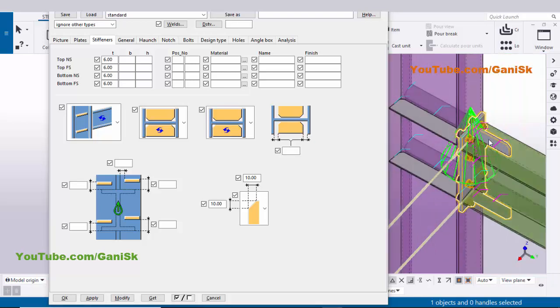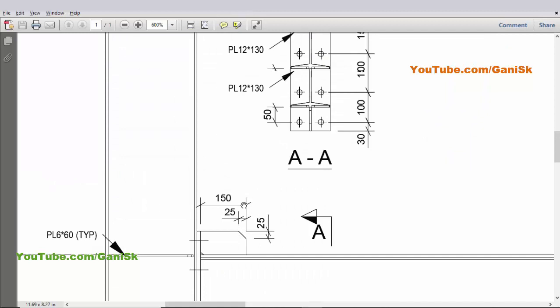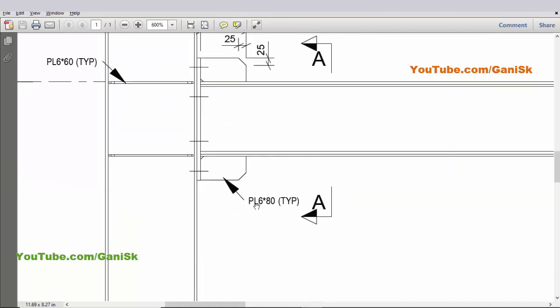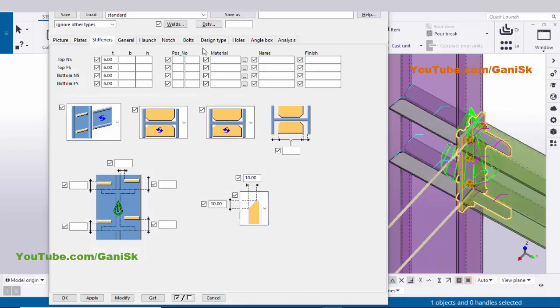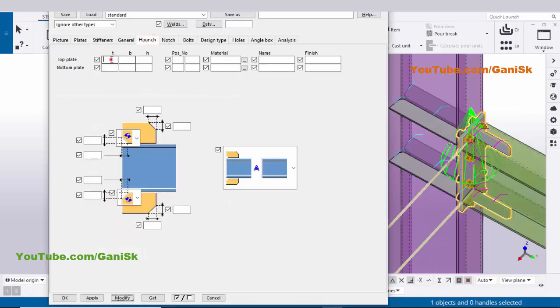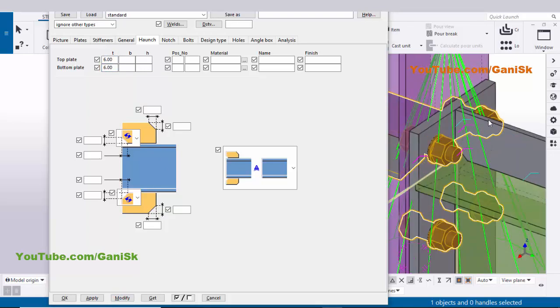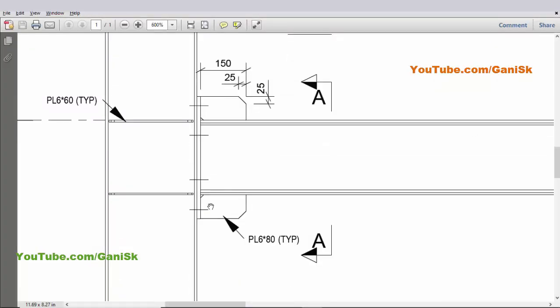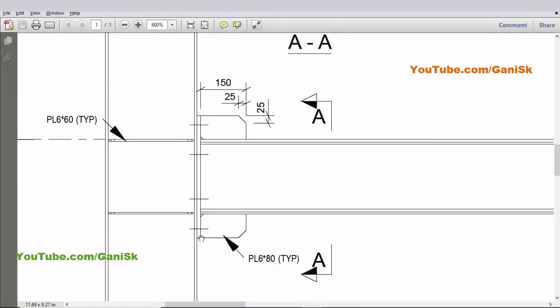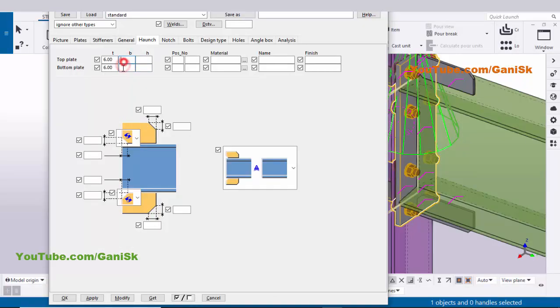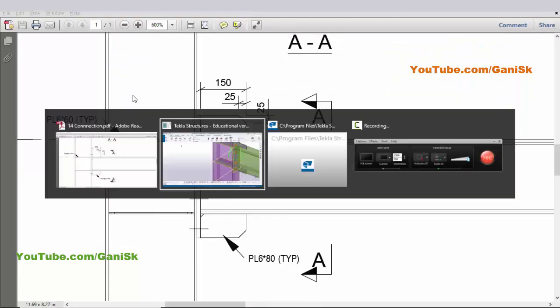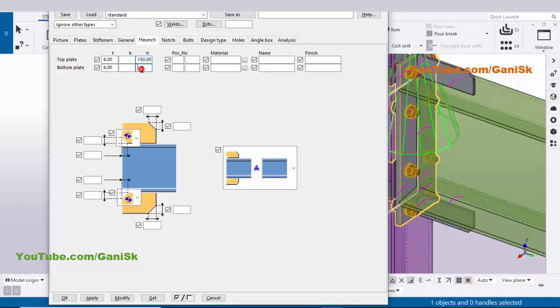Now coming to these stiffeners, in our example we have these stiffeners with thickness 6 millimeter, and click on this haunch tab, enter here thickness 6 millimeter. Now click on modify to see the result. You can see now this plate thickness should be 6 millimeter. By default we have this plate width up to the edge of this connection plate, so no need to enter here. If you require, then you can enter at this location width, and this is the height. Okay, in our example we have height 150, so let's take here height 150.